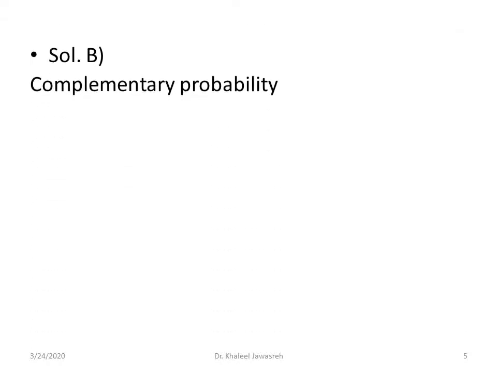Now, for B, 6 or fewer. Return back to my previous lecture. When we solve such problems, I told you it is a complementary probability. And since the cumulative frequencies are the summation of all previous values, the first with the second, the first and the second with the third, and so on,